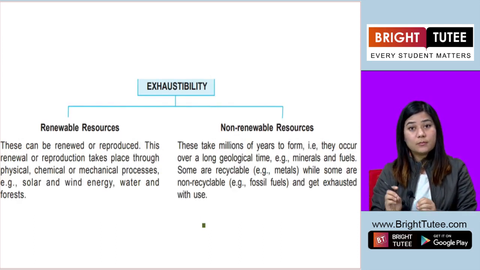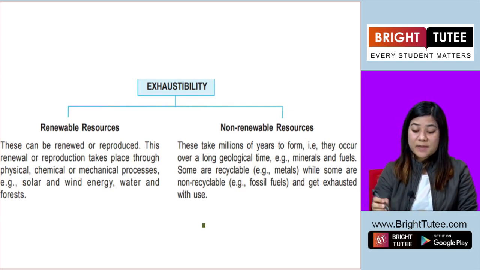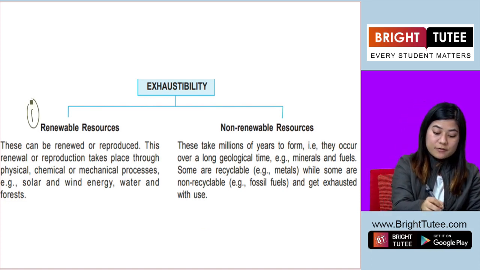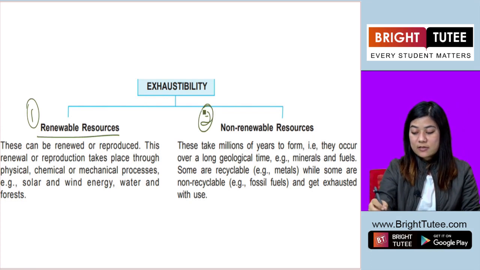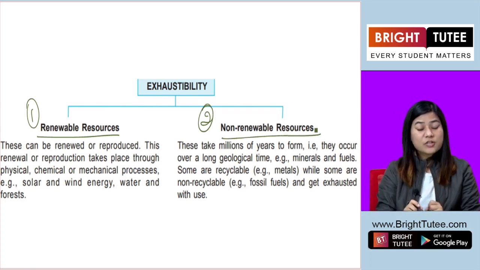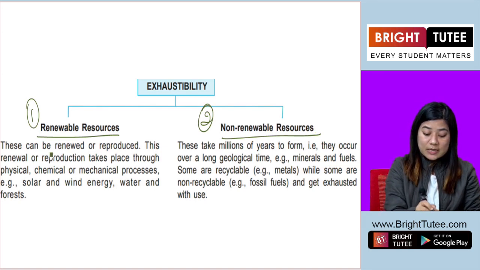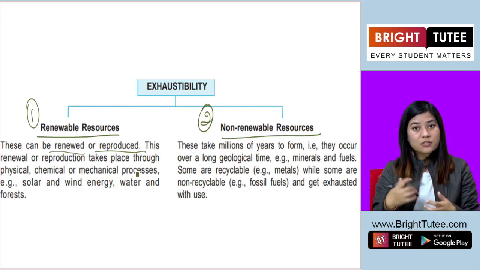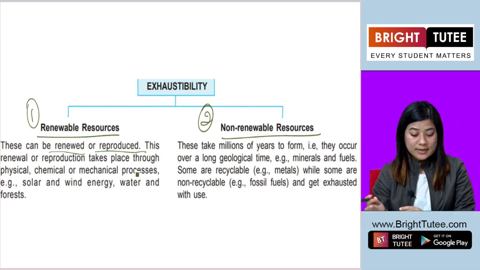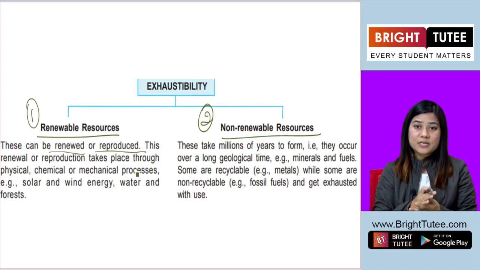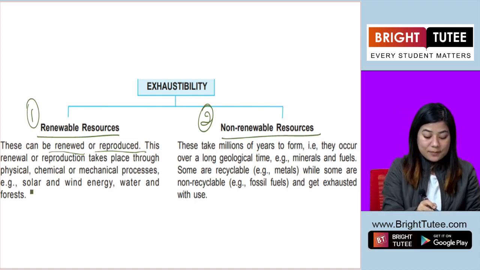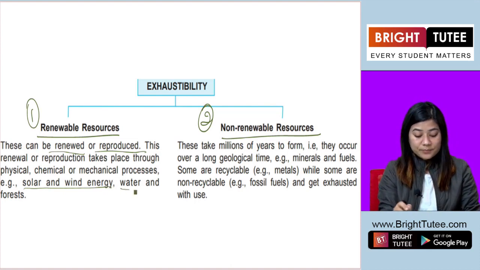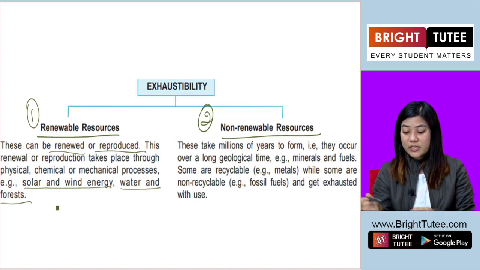Now another category of resources is based on exhaustibility. They are two. First is renewable resources. Second is non-renewable resources. Renewable resources are those which can be renewed, reproduced, or recreated. The process of being renewed takes a long time, but ultimately it can replenish the resource. Examples of this are solar and wind energy, water, and forests or vegetation. Non-renewable resources are those